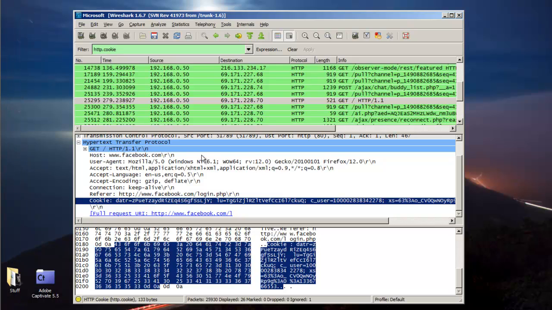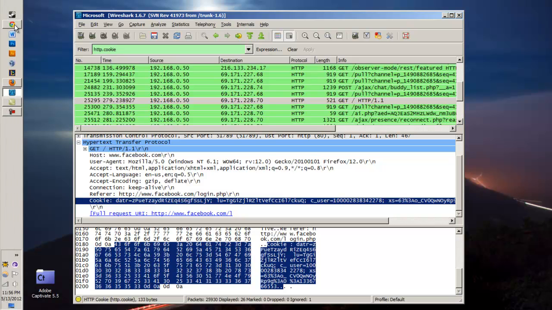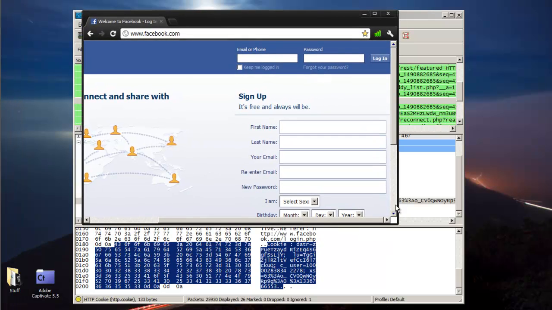Now, next what you're going to need is some sort of program that we're going to use in order to inject this cookie into the browser. Now, it doesn't really matter what type of internet browser you have, whether it be Chrome or Firefox or anything like that, because chances are someone's already written a script that will do it for you. So if I go to my Chrome right here,